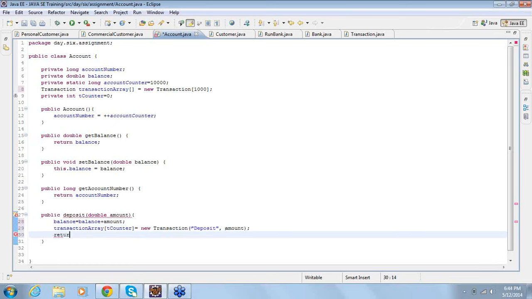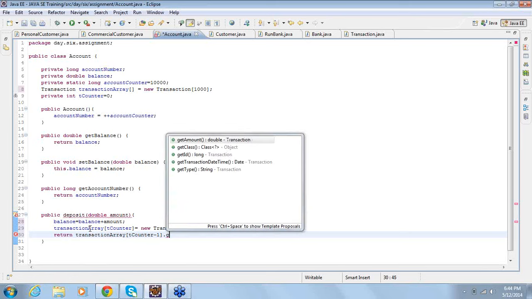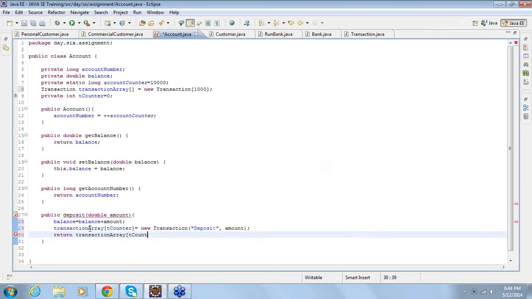Now since the transaction is successful, return the ID, transaction ID. Or we just return a transaction object. Why do we need to do that?